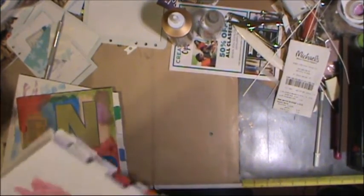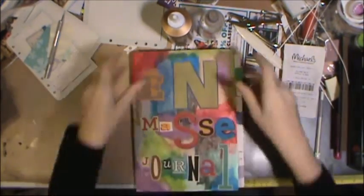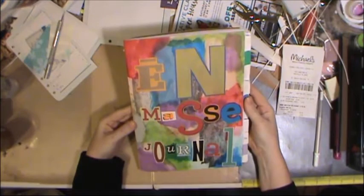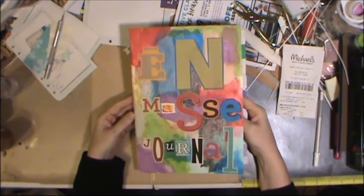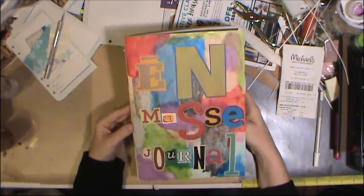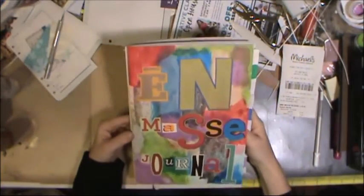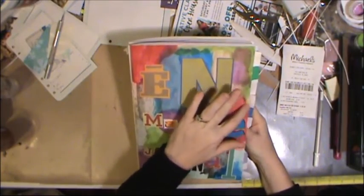And then I have my En Masse journal I've been working on. Got the cover done. And I went through my collection of letters and I chose a random assortment. I wanted to try and get ones that were not originally on the same page together. And I thought that huge N would be perfect, so there's my deal. And I put this on using matte gel, and then I went over the whole page with